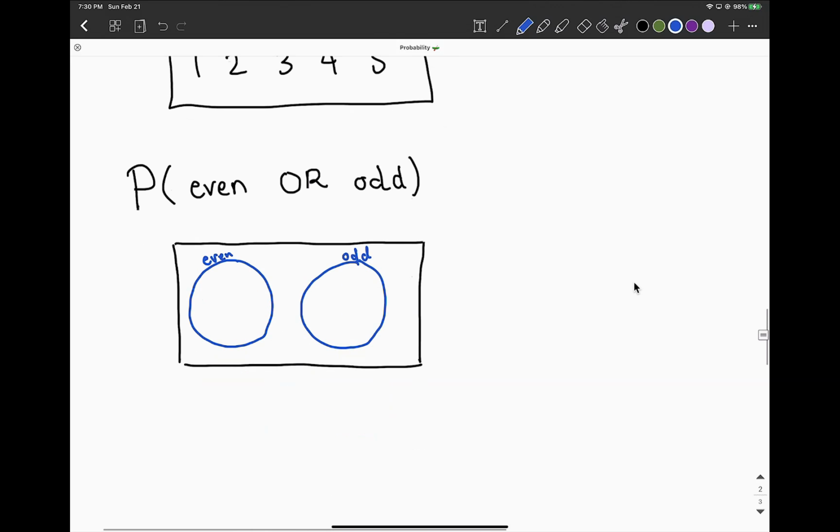Now, in the land of probability, we give this another special name, a very important vocabulary word, and we call this mutually exclusive. Totally separate. This means the same thing as dealing with disjoint